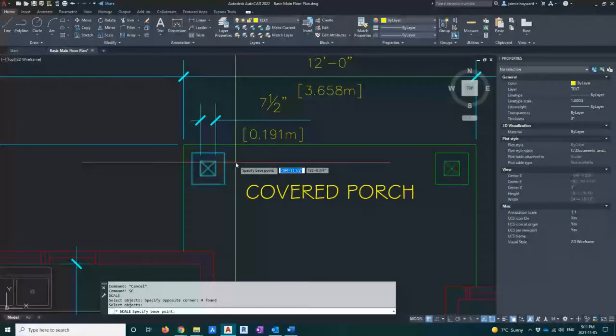Nothing here. Actually, I lied. Not the same thing for your base point, actually. Because I'm changing the size of my post here, I actually want to choose a different base point. I want to tell AutoCAD, actually, no, that's going to be my reference point. No, I lied again. Okay, no, all good. Actually, I'm going to pick the same base point. And this will make